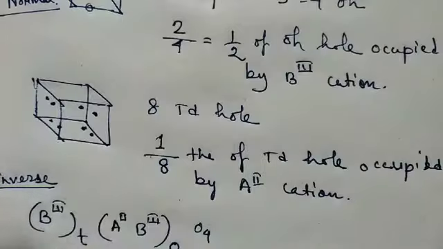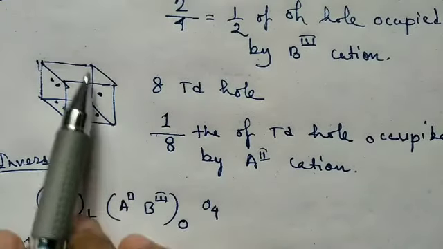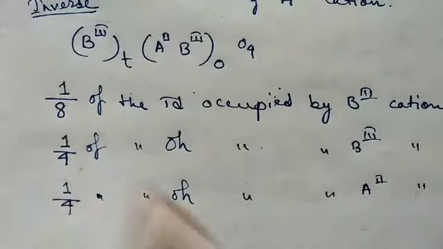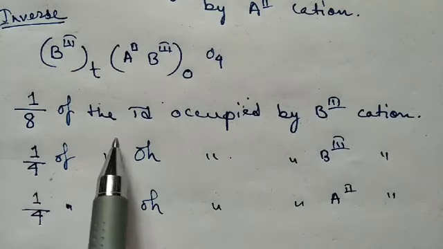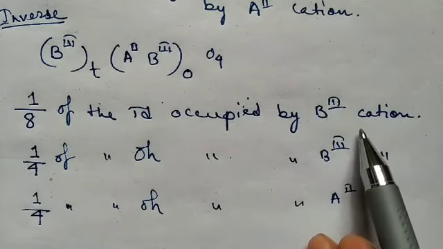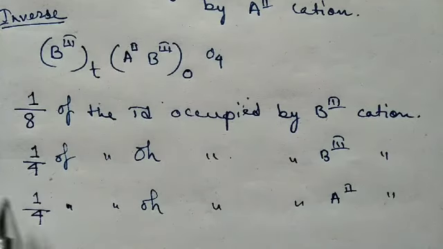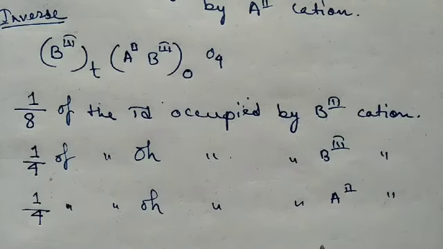So the question came for the normal spinel. See, this question came in GATE 2017. Okay. But you have to also remember for the inverse spinel also, because next time maybe the question will come from the inverse spinel, that how much fraction of the tetrahedral holes is occupied by the tripositive cations, and how much fraction of the octahedral holes is occupied by the dipositive and tripositive cations. So this is very important to know for you.